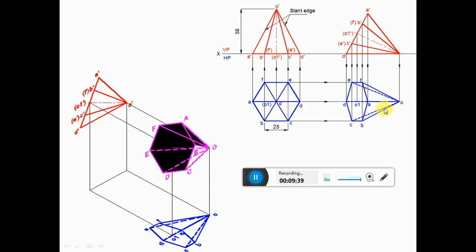So all the exterior edges of the boundaries of the solids are visible. So that is the first condition. So OB, BC, CD, DE, EF and FO form the boundaries of the hexagonal pyramid. So you join them with a dark line. Then when you look from the top view, A, B, C, D, E, F is near to the observer. That is also quite evident here. A, B, C, D, E, F is near to the observer. So it becomes visible. So join between F to A and A to B with a dark line.